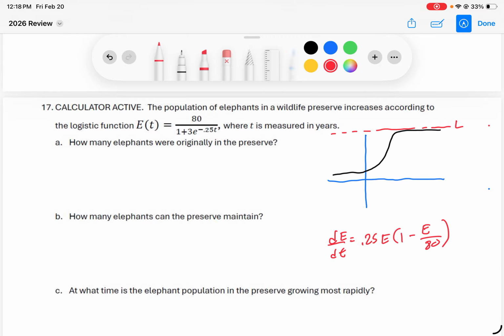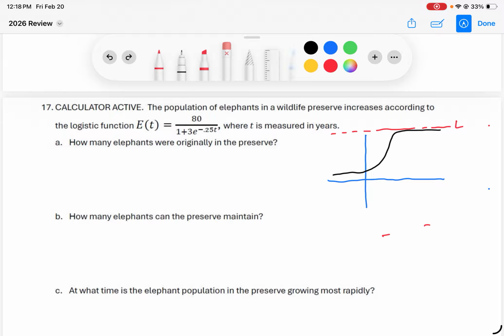So I can look at this and know the limiting number is 80, because as time moves on, the slope, the derivative, which is the differential equation, approaches 0 because this part right here approaches 0. If E was 80, this would be 80 over 80, which is basically 1. 1 minus 1 is 0. Anyways,